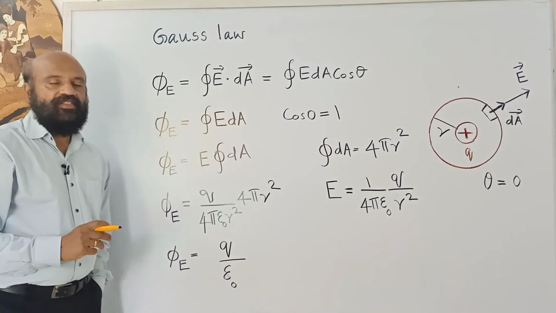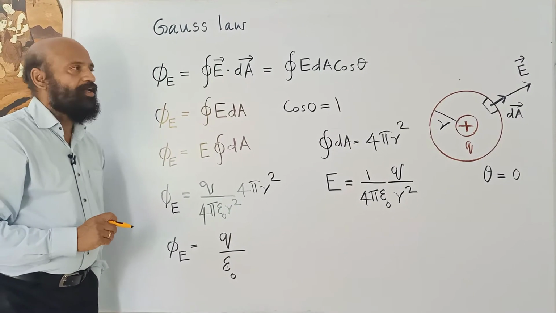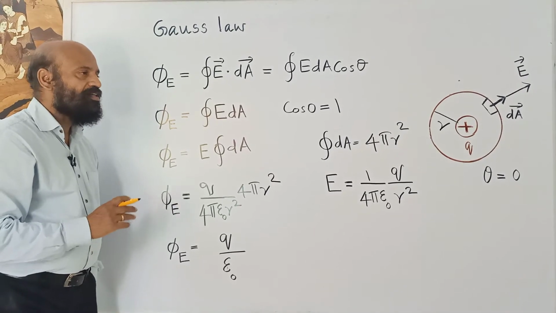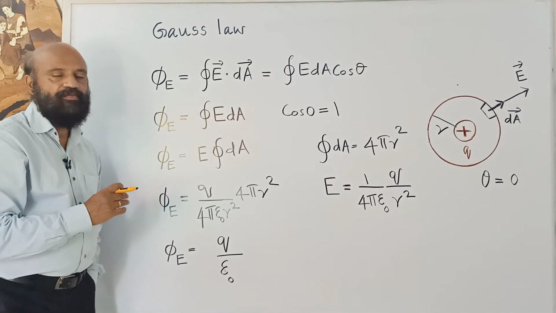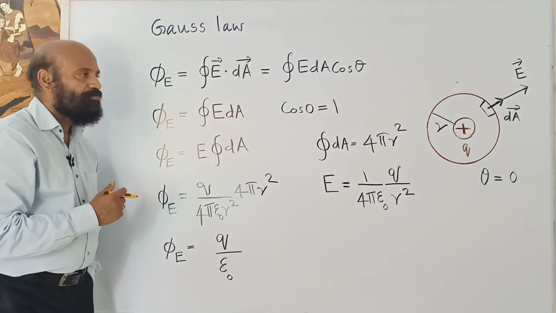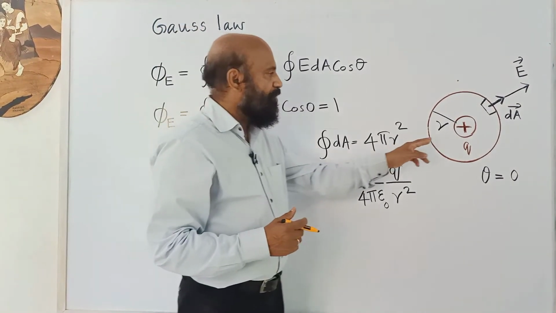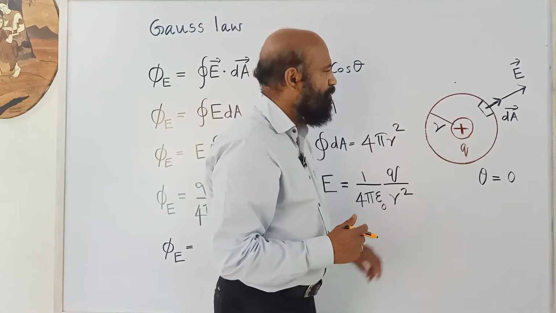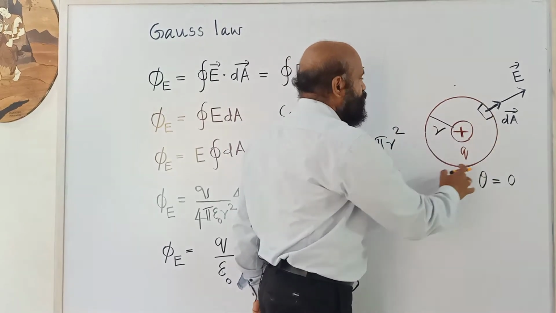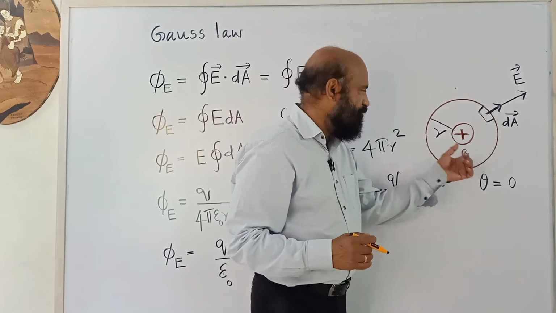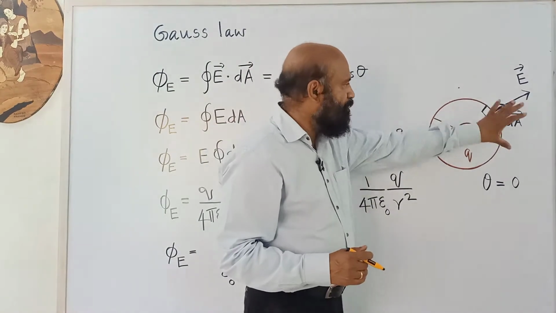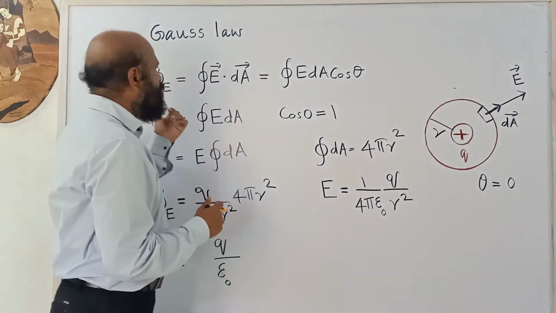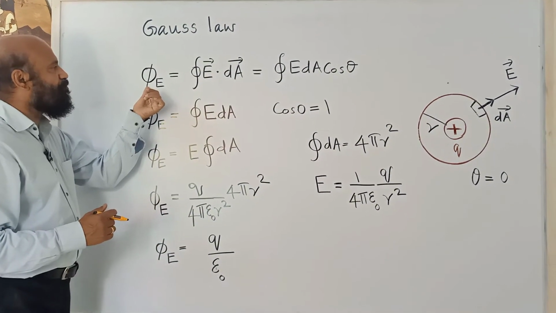Gauss law is a very important law in electrostatics. It is relating the charge with the flux. Here you consider a positive charge. It is surrounded by an imaginary surface. So we have to consider the flux. Flux is given by this relation. Flux is